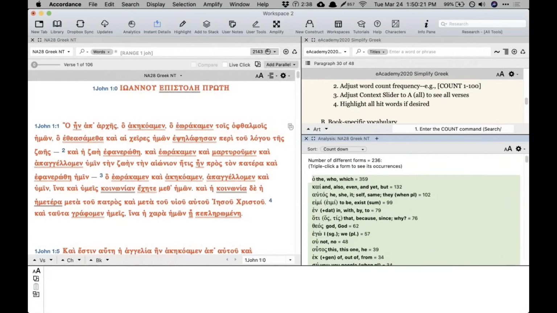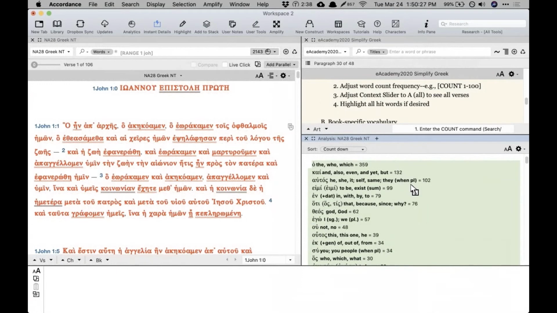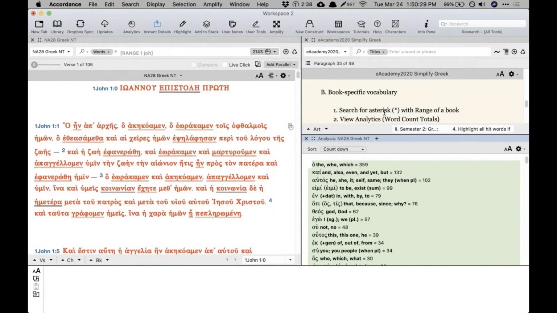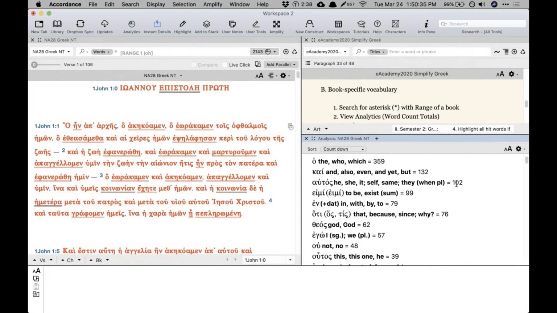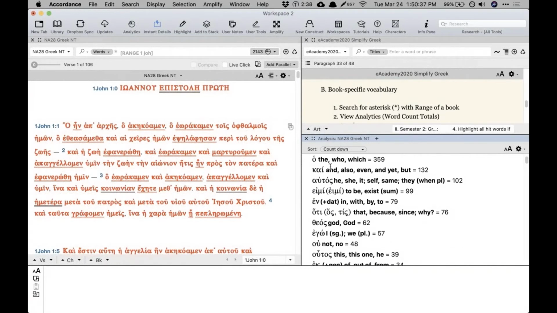before you even learn John. You might even take that and add it to a stack or a user note or a user tool, but you can make book-specific vocabulary lists on top of what you already know before you decide to read through a book. We're going to see some things here that we're just not going to need to learn in our second semester of Greek. You're going to know ha and kai and autos and eimi and en and hati and theos